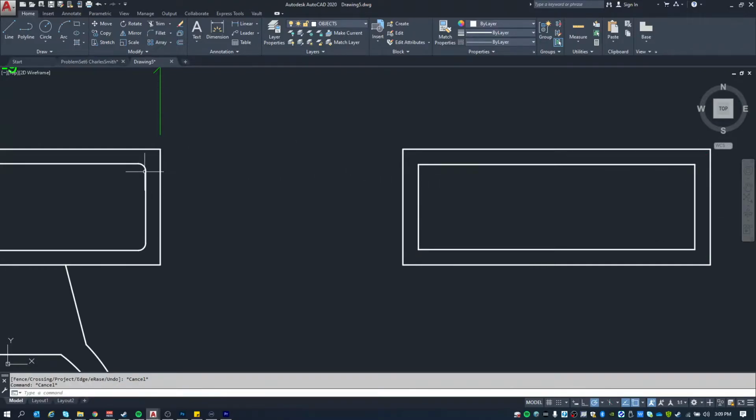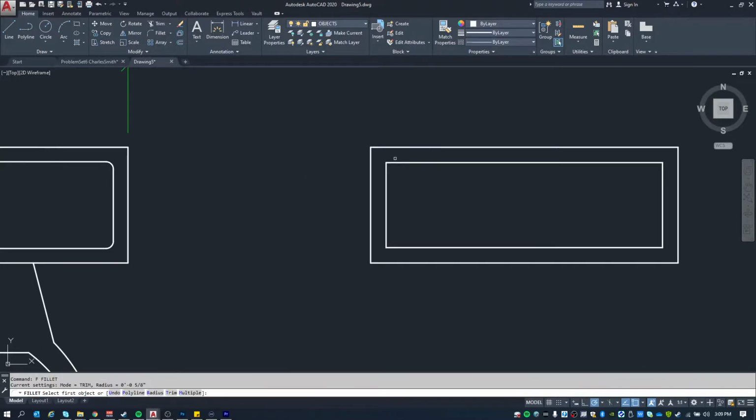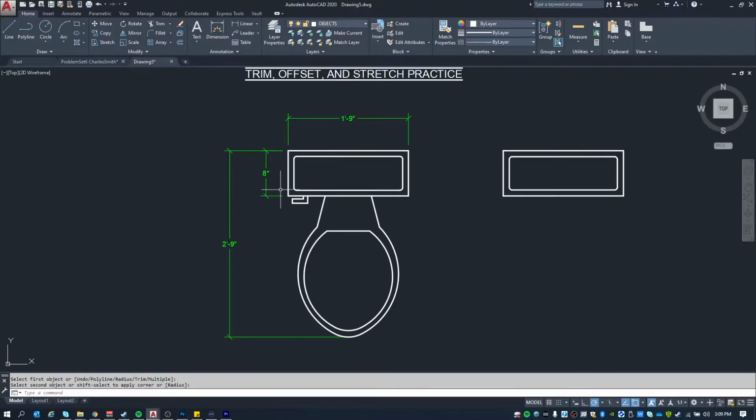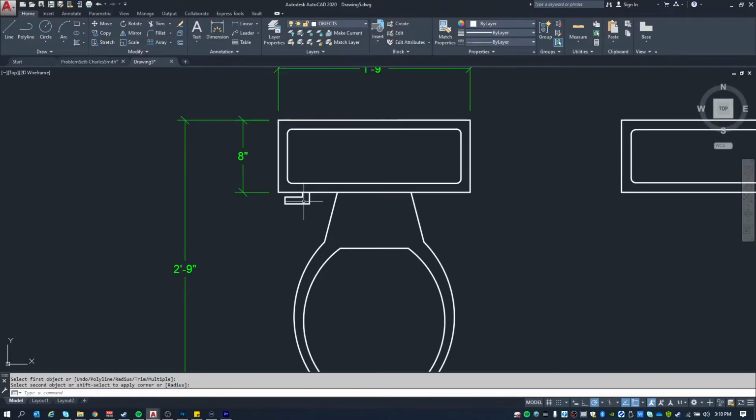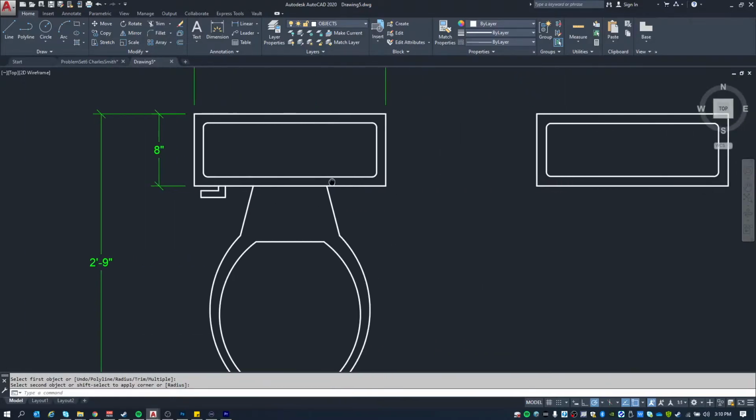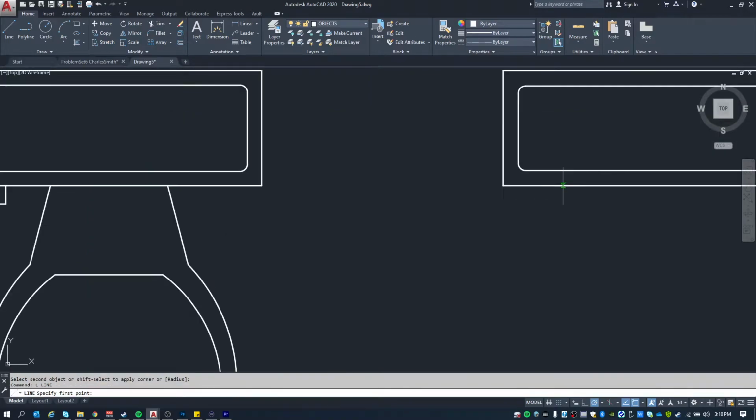And now we need to apply a fillet to this. So that looks like it'll probably be about a 1/2 inch fillet. So we'll do a fillet with a radius of 0.5 inches. And then we'll do that to all 4 corners. So yeah, there's your basic shape of the toilet, the tank. So next we can do this little handle, and that can be free-handed in, it's no big deal. So just come out, draw your handle,